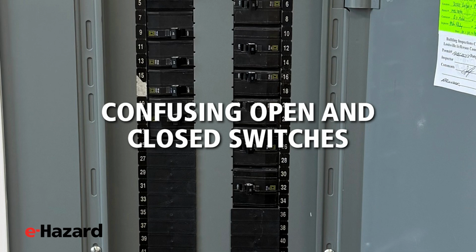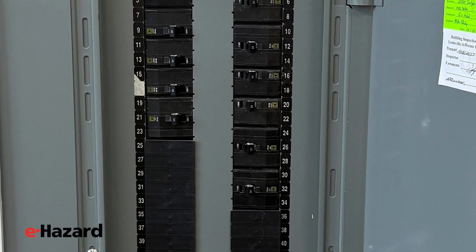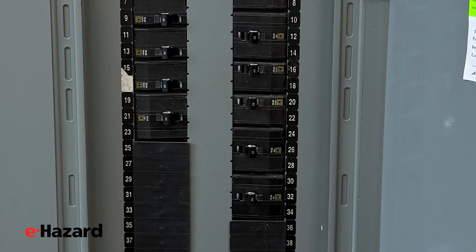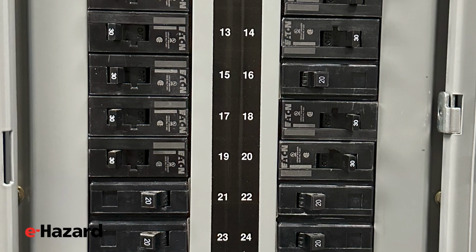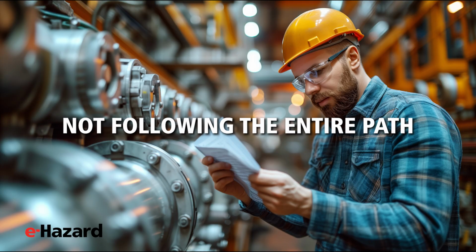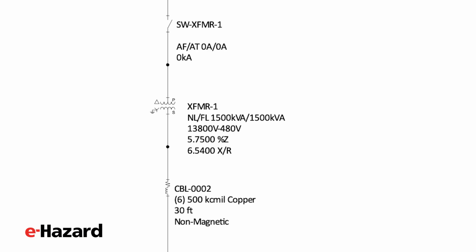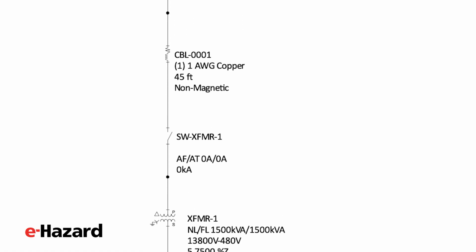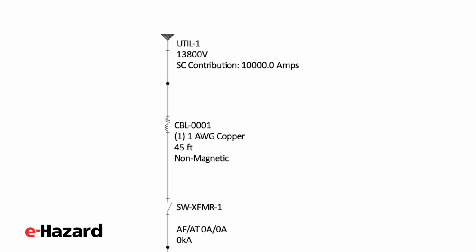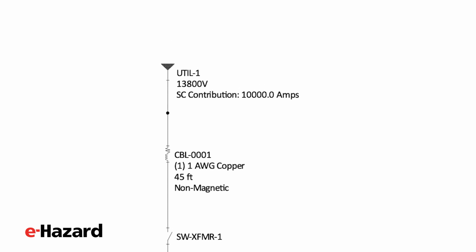Confusing open and closed switches. A normally open device means it's open under normal conditions. A normally closed device is closed. These affect how power flows and where it doesn't. Not following the entire path. If you're trying to find the source of power to a specific load, trace the entire path from that load all the way back to the utility. There may be intermediate breakers or disconnect points you'd otherwise